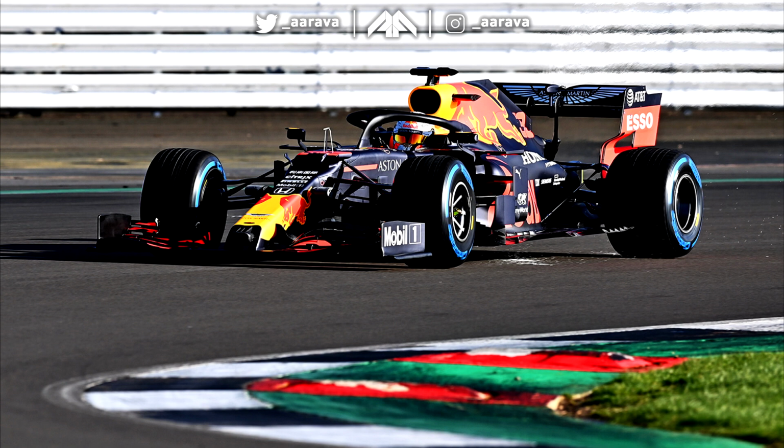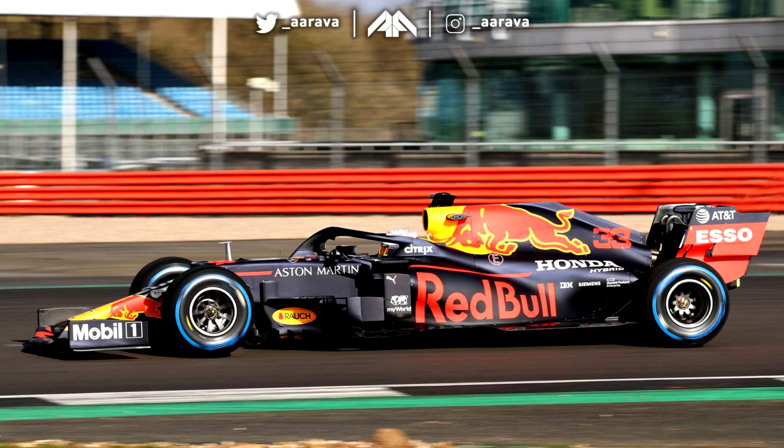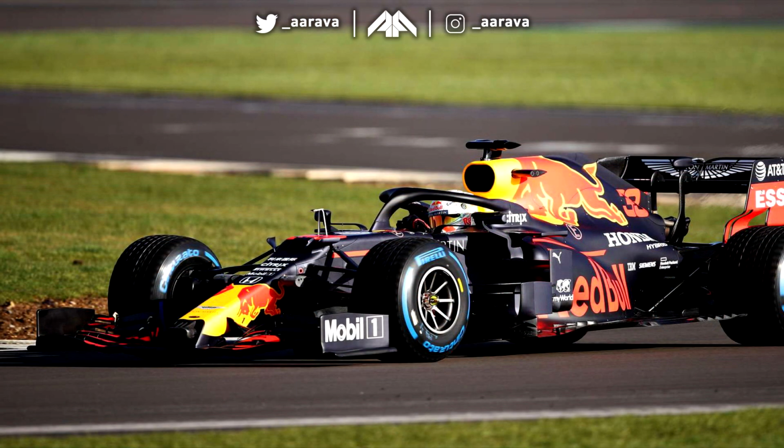But to be honest, for me, the current Red Bull livery, with the matte finish and the key design points in terms of where the red lines are and the way they've placed everything, the logos and whatnot, especially with the Honda stickering since last year, I think a few people were saying this at the back end of last year, the Red Bull livery is turning into a bit of a modern classic that you can't really perhaps appreciate